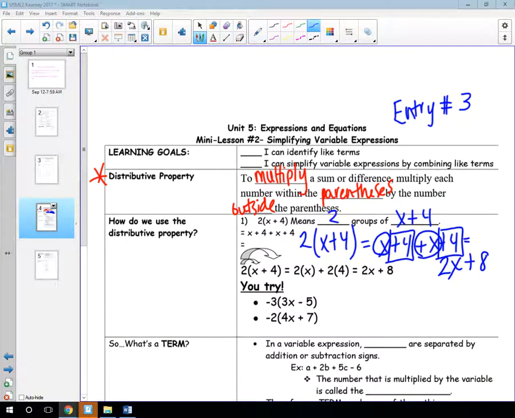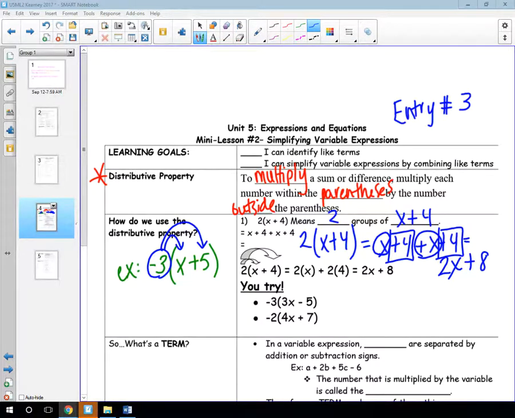So it works out that you could just write out what you're multiplying, but there's a more efficient way, because if you had 10 times x plus 4, you're not going to want to write out x plus 4 10 times. So there's a more efficient way, and to do that, what you're going to do is you're simply going to take the number on the outside of the parentheses. So let's say that you had negative 3 times x plus 5. Okay, you're going to just simply take that negative 3, and we're going to distribute or multiply it by everything